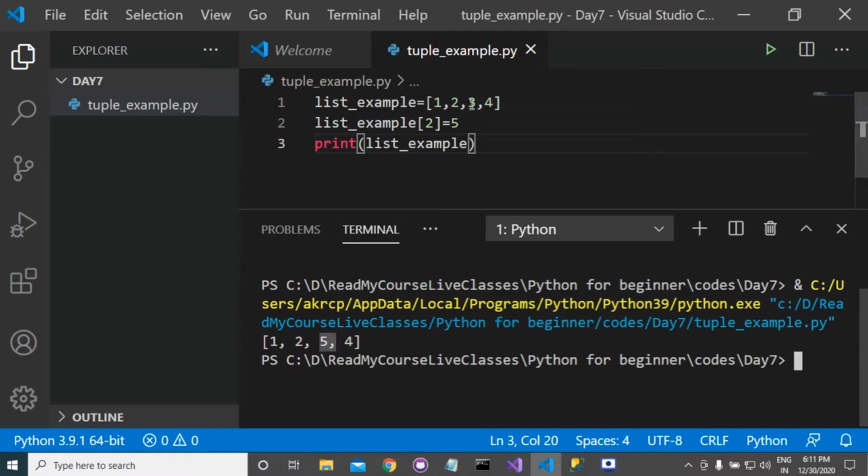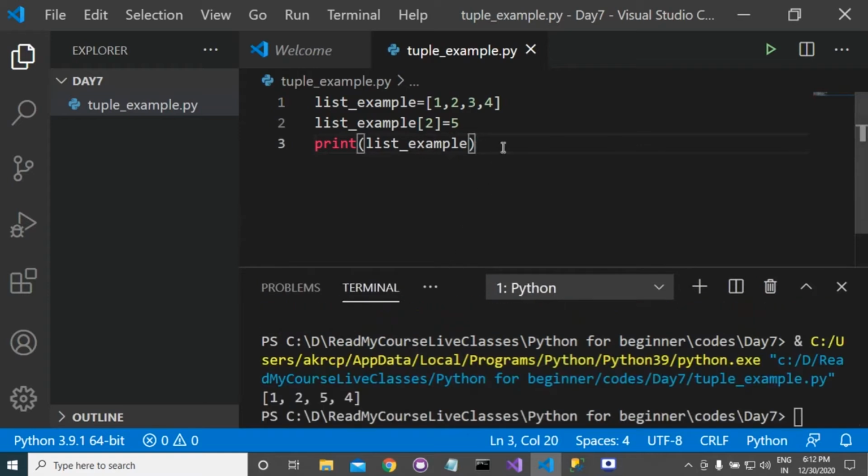Initially it was 1, 2, 3, 4, and now it is 1, 2, 5, 4. What is index 2? This is index 0, this is index 1, this is index 2. So the value at index 2 has been changed to 5. So you can mutate a list.